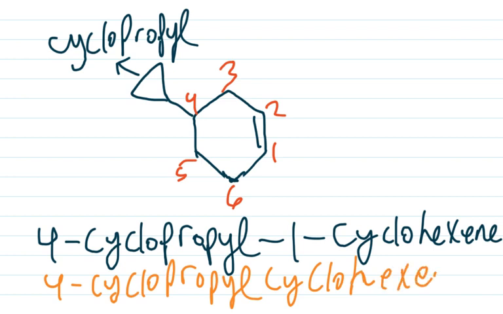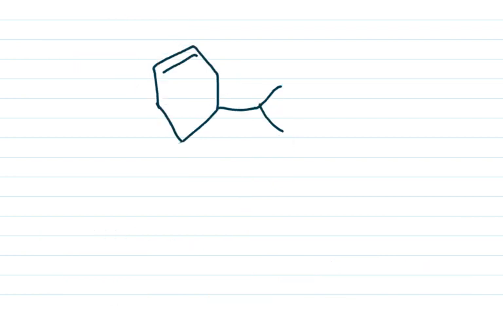Okay, you could say either way, whichever way it works. Okay, let's say we had this example, right? So this is similar to the last one, so let's get more practice with this. How would we number the carbon? Would we want to give the substituent the least number, or would we want to give the double bond the